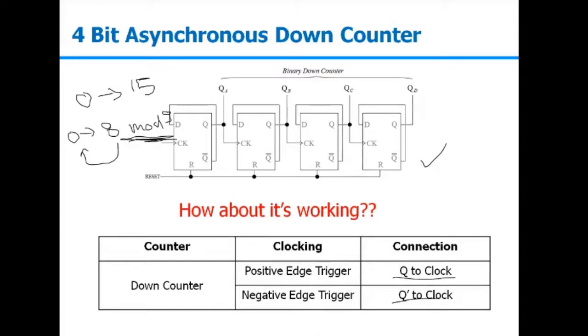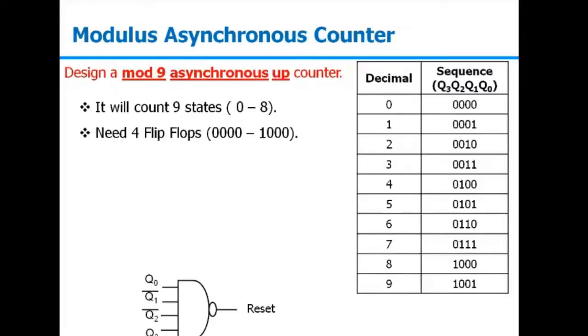So the basic circuit will be the same like this only, but to stop its working, to force it to go into reset condition, we will be using some external circuit. Now what is that? That we will see. So suppose I want to design a mode 9 counter. First you will see for up and down counter, what is the clocking strategy? Whether you want to work on the positive edge or negative edge, because in the asynchronous counter, depending on your clocking strategy, you will be connecting Q to the clock or Q bar to the clock.